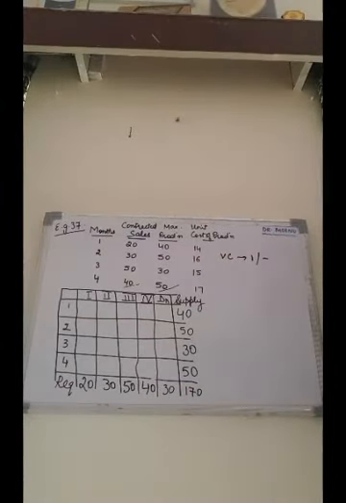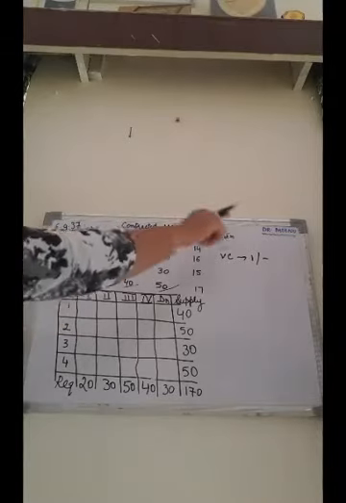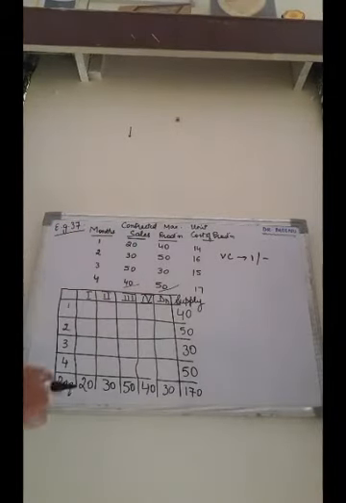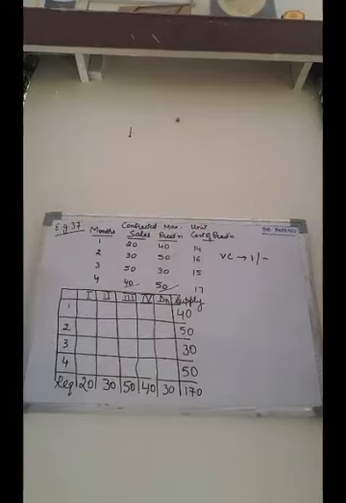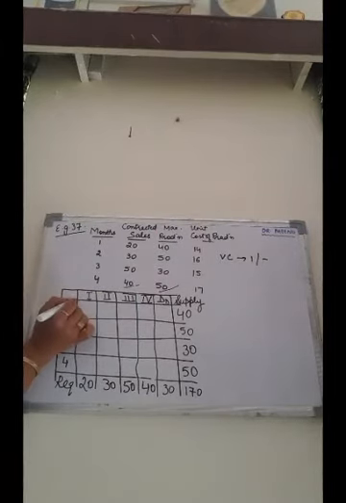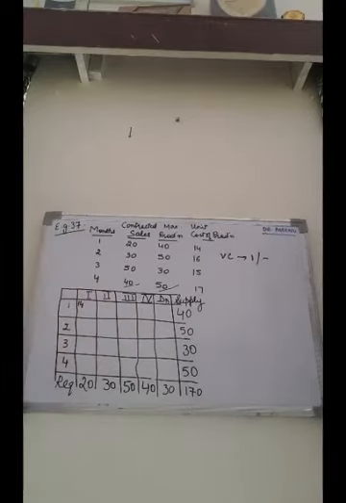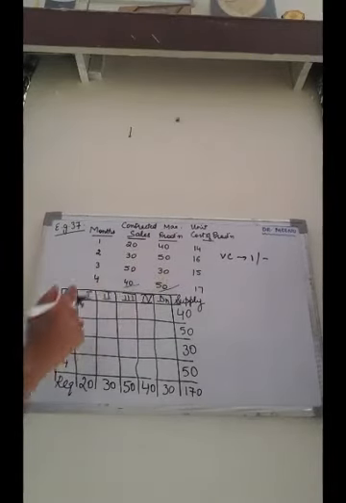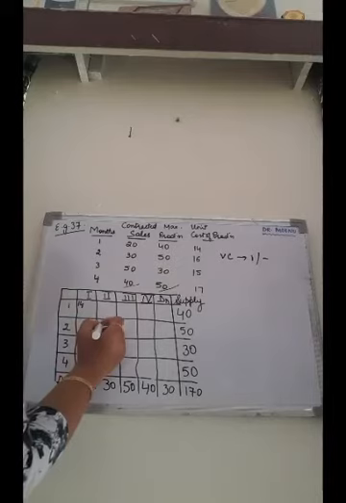Just see how to put the cost figures. It is not given in the question. This much information was only provided in the question. Now see, unit cost of production in the first month, that is 14. So we are going to put 14 over here. This is the unit cost of production. Then unit cost of production in the second month is 16.